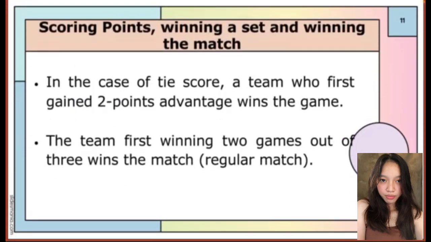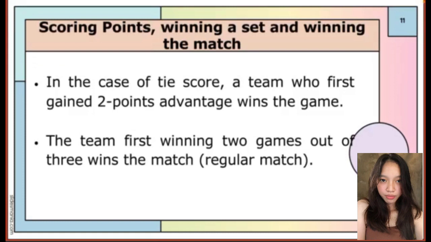And in the case of a tie score, the team that first gains a 2-point advantage wins the game. The team first winning 2 regular games out of 3 wins the match. Regular match, kanang 3 sets na bitaw. Kung kinsa ang makauna og kadaog sa duha,